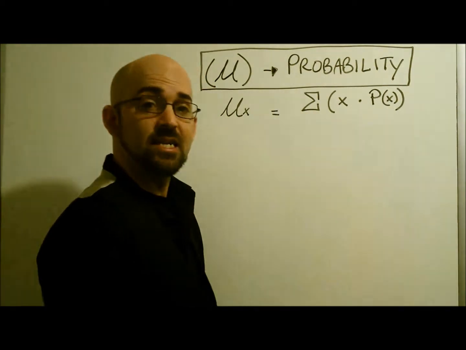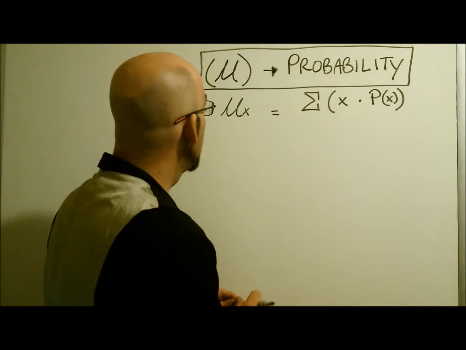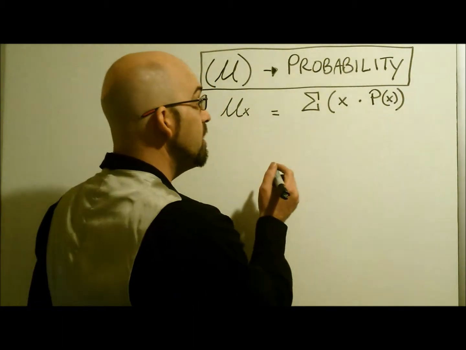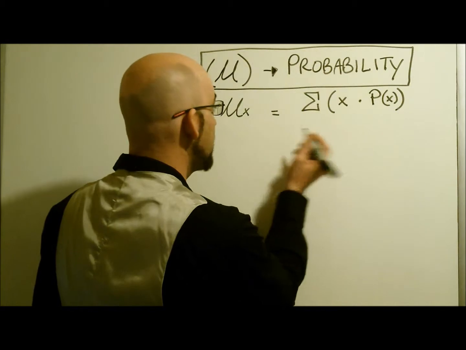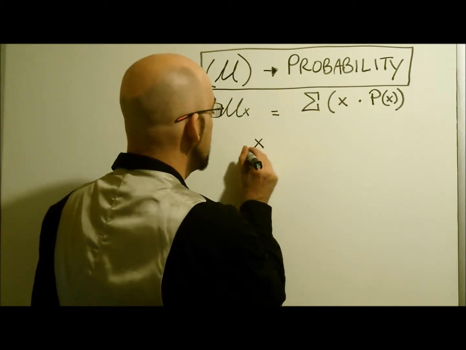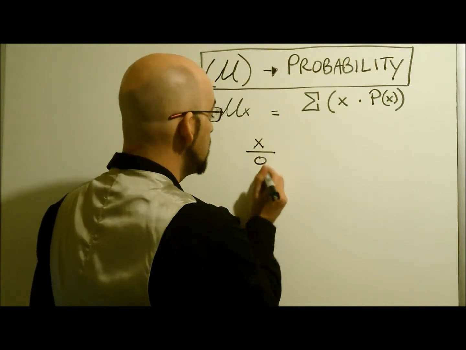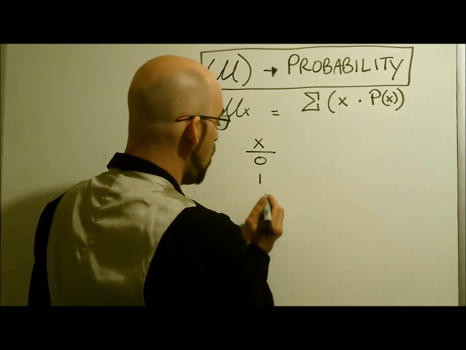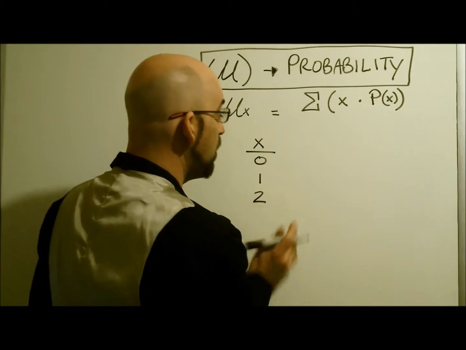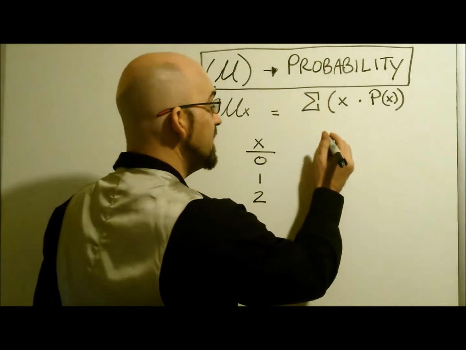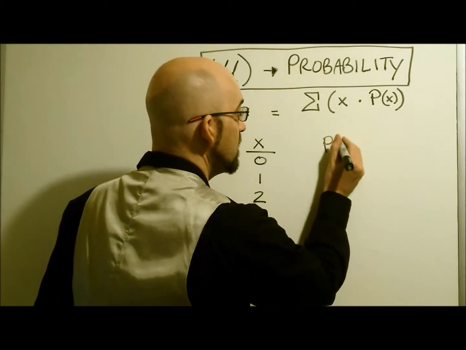Let's say our x equals the number of free throws made in a basketball game. You can either make 0 out of 2, 1 out of 2, or 2 out of 2, both of them. The probabilities of that,